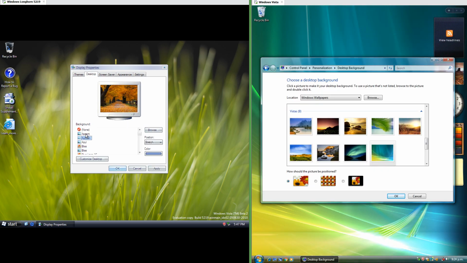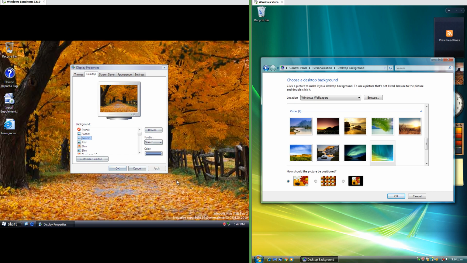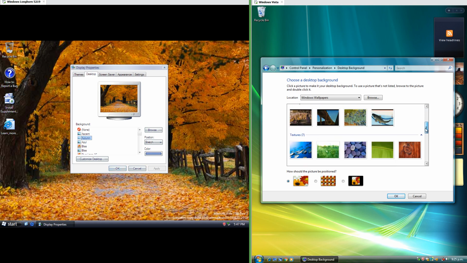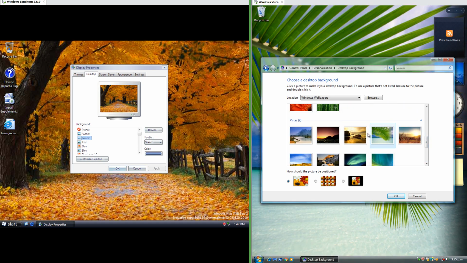In Vista Beta when changing the background you have to click on each one to see what it looks like and then you have to click apply to set it. In Vista Artium you can see what each background looks like without having to click them and it changes as soon as you click them.